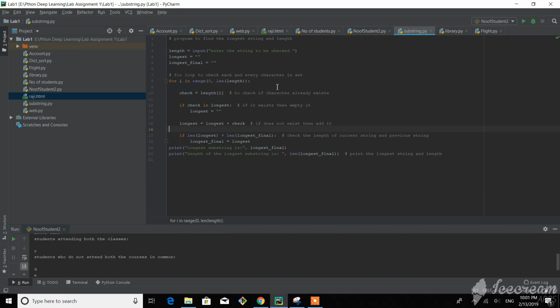The next program is a substitution program. In the substitution program, initially we will be taking the input from the user and we will be maintaining two arrays, that is the longest and the longest final. Initially, each character will be stored in a check, and we will be checking if this check is present in the longest. Initially it is empty, so we will not be entering into this loop. So we will be storing each character which we are reading into the longest,